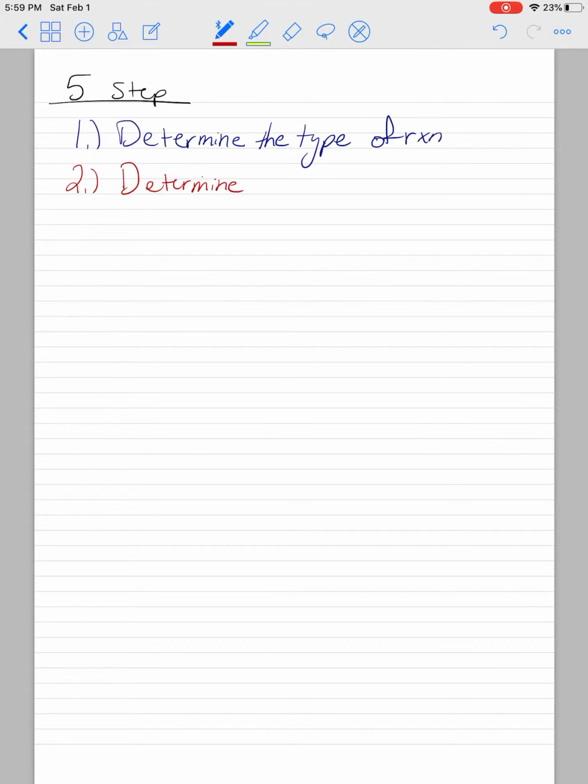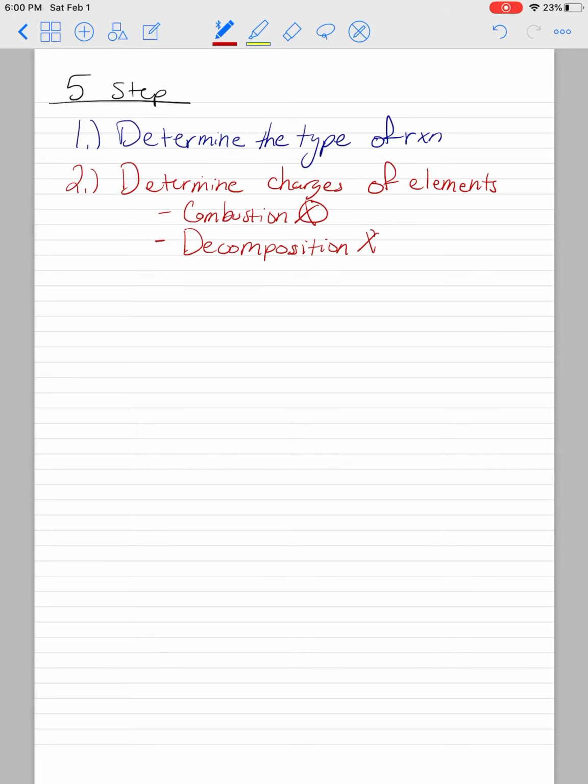Step 2, we're going to determine the charges of every element involved because we're going to need those for later. Now, this has a couple of exceptions. We don't need to do this with combustion, okay? Do not need to do this with combustion, and we also do not need to do this with decomposition. Now, it's not going to hurt you if you do it in either of those situations. It's just not going to be necessary for us to have the charges of those in these situations. Now, in every other type, we are going to have the charges of the elements. So in step 2, we'll determine the charges, and we're going to set those aside and save those for later,